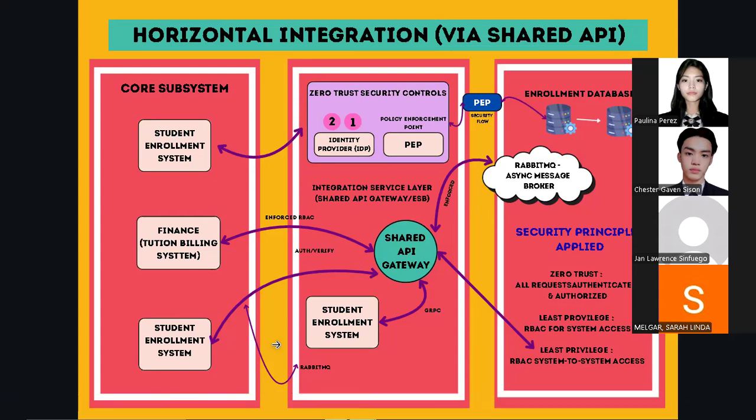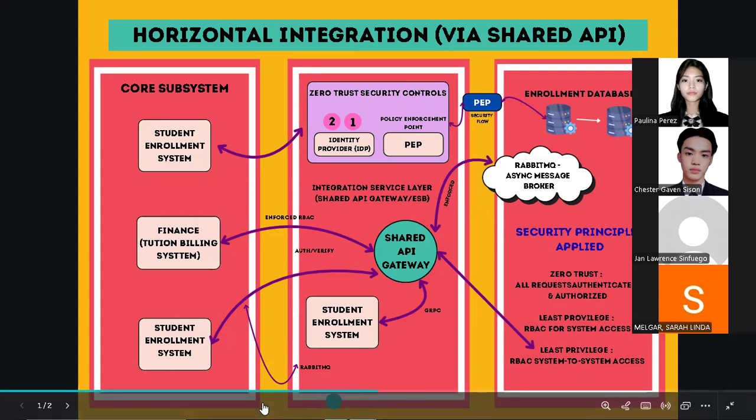Thank you, Pau. Now let me explain how security controls are added to make this system safe. When different systems are connected, we cannot just allow any request to pass through. Without protection, a hacker or even an unauthorized system could get access to student or financial information. This is why we apply a concept called zero trust security. Zero trust means that no one and nothing is trusted by default, even if it comes from inside the network. Every single request must be checked, authenticated, and authorized before it is allowed.